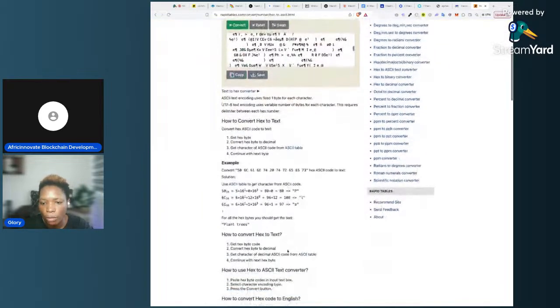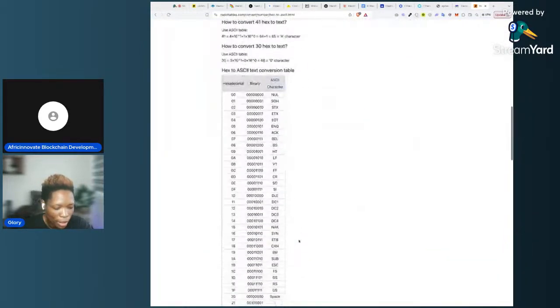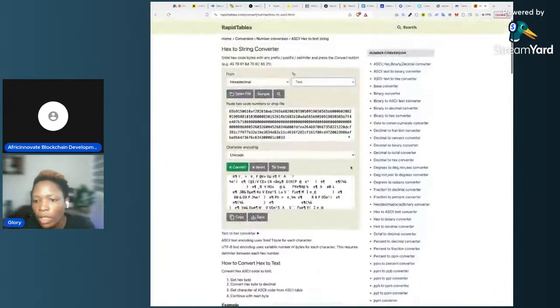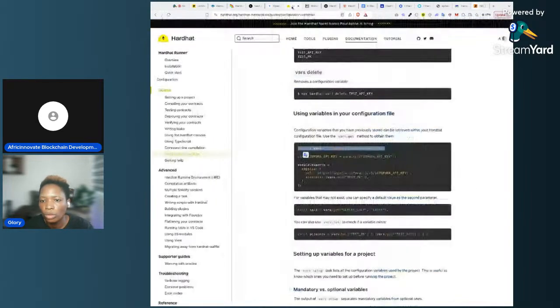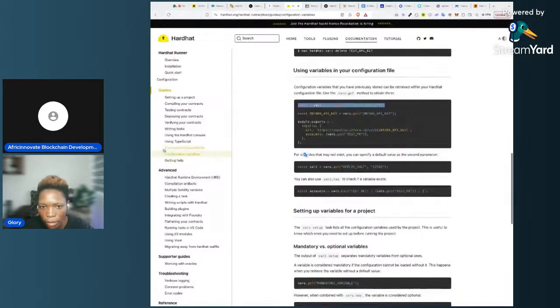Anyways, let me not waste my time here. But later you can go and check how you can convert that stuff, if you want to see what is there. So the next thing we want to do is, now that we've been able to deploy our contracts, these are our contract addresses. We should take note of that. And then the next thing we want to do now is to